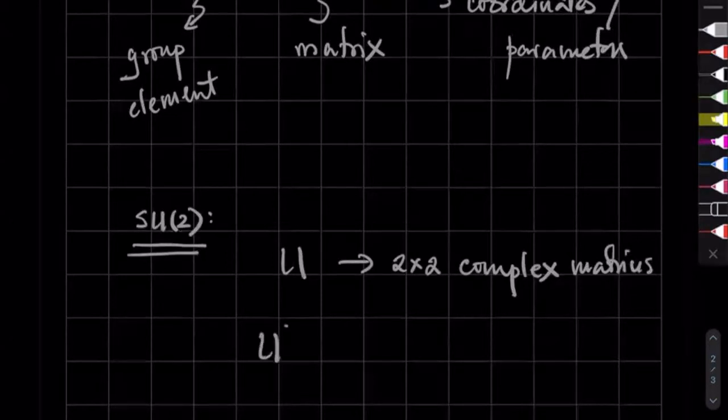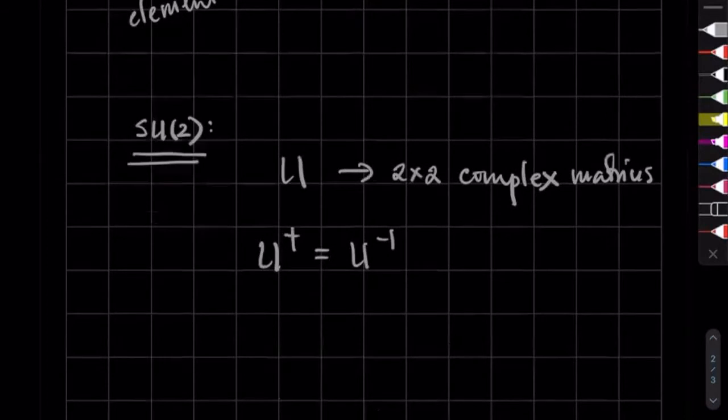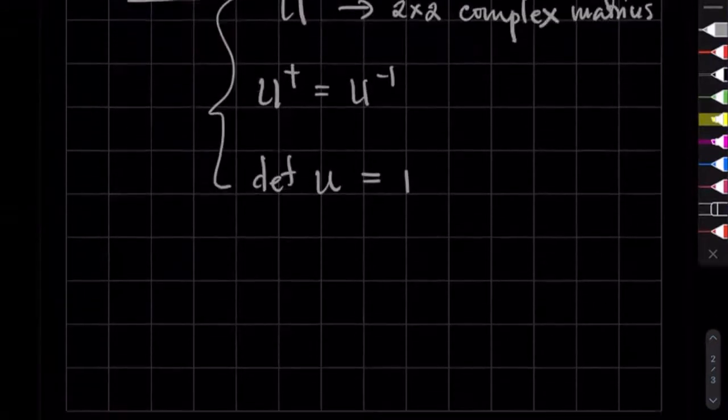That it must be unitary, that if you take the U dagger, then it must be equal to U inverse. And if you take the determinant of U, then that must be equal to 1. These are the three conditions that define the SU2 group. Okay? Now, I'm going to claim